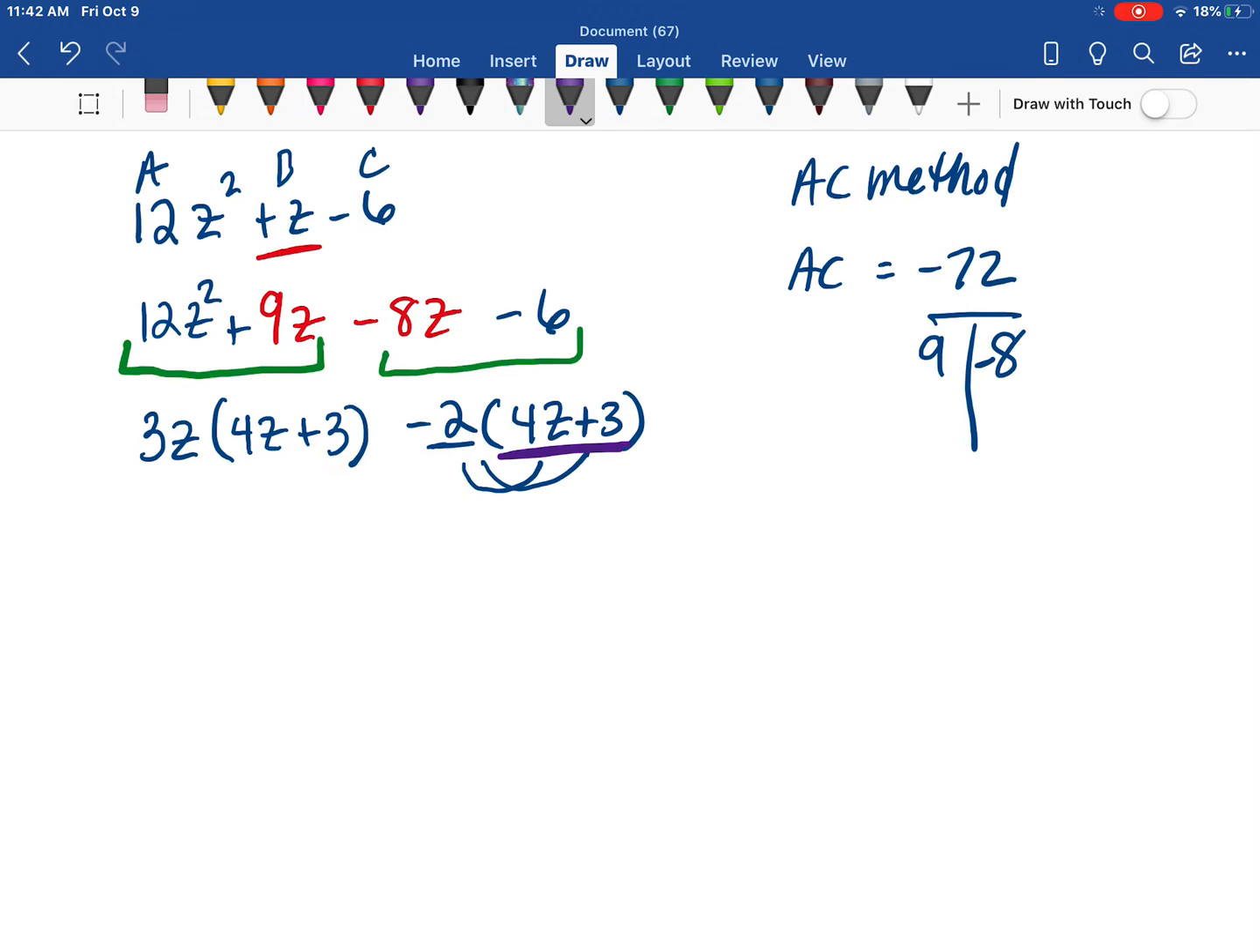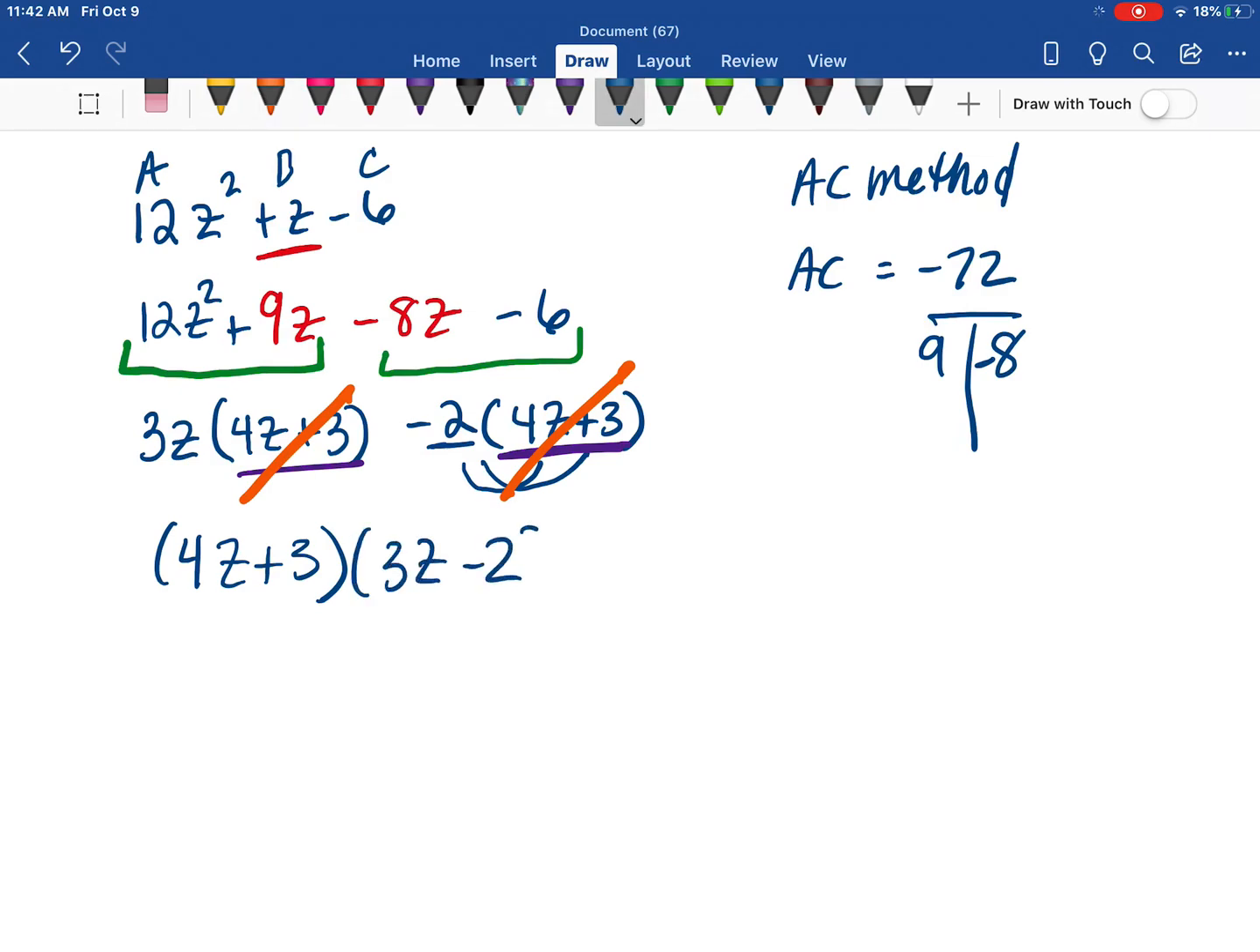Now that I've done that, I can see that they both have a 4z plus 3 in common. So I pull out the 4z plus 3, and when I do that, I get rid of this, but what's left over is 3z minus 2. And now I have it completely factored, and I can tell that it's completely factored because I have no pluses and minuses on the outside of parentheses, and I can't pull anything out of these parentheses that they have in common. So this is our final product. So 12z squared plus z minus 6 in factored form would be 4z